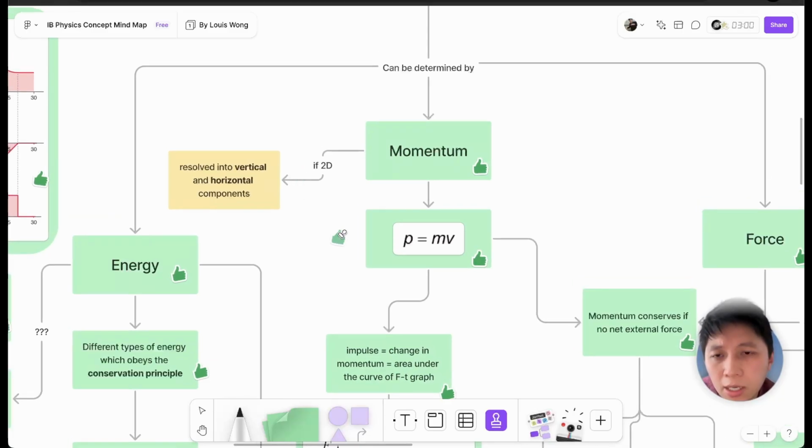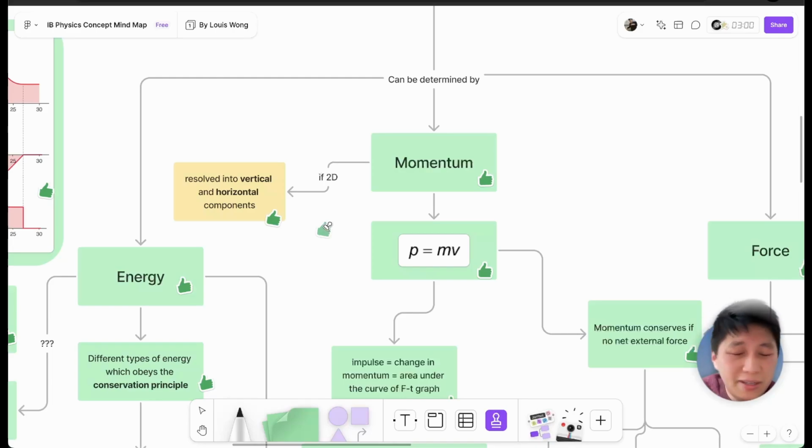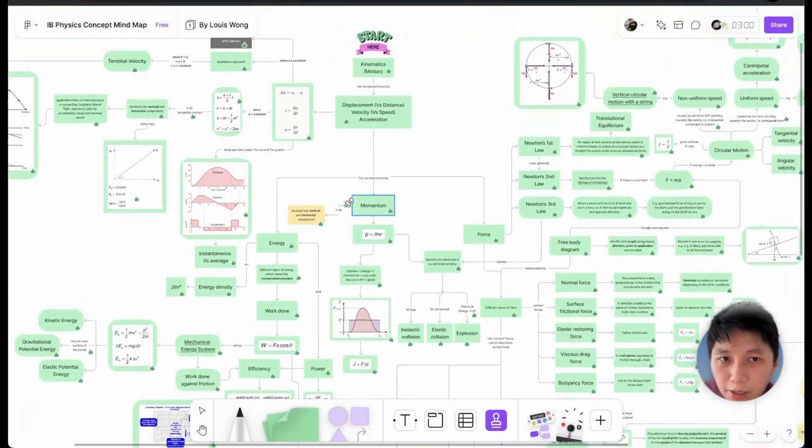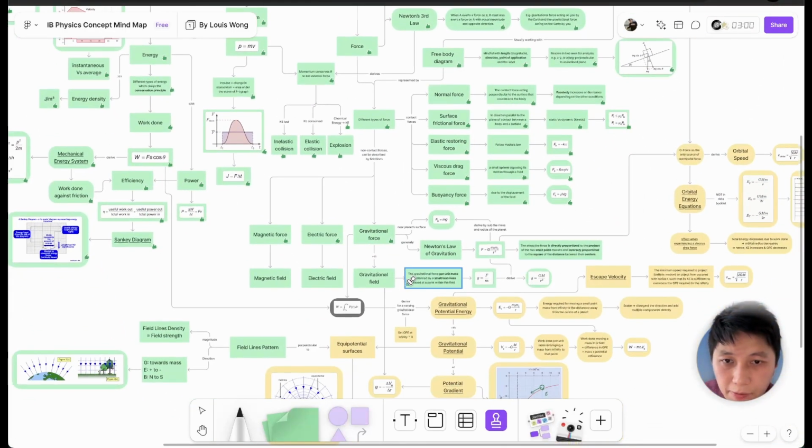Anyway, if you're an HL student, I have a reminder for you here: you might be dealing with a 2D problem in momentum, so you need to resolve the velocity into vertical and horizontal, or the way that you like, and account for the total momentum in that axis. This is something quite hidden in the syllabus. If you go back to check the subject guide, you'll find it written under guidance. So this is only applicable to HL. All right, I think we can finally go back to